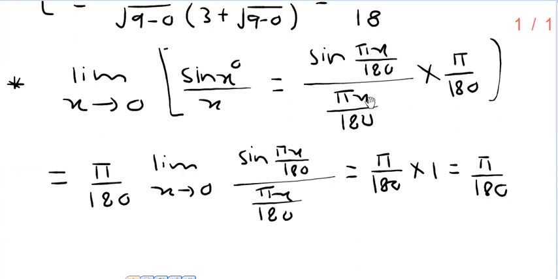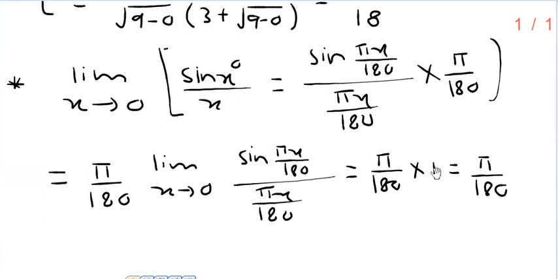One more condition is that the angle must be fully repeated in the denominator. So first we write what we want. We want the denominator to be pi x upon 180. But we can't just multiply the denominator by pi by 180. We have to multiply the numerator also by pi by 180. Now what is the limit of constant into function? It is that constant, pi by 180, into the limit of this. Now this is a standard limit, its value is 1.